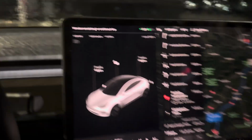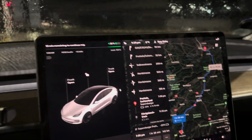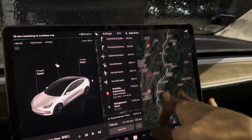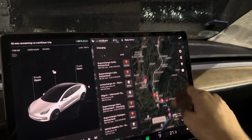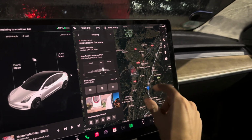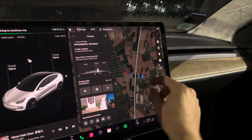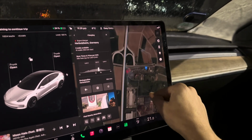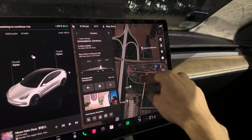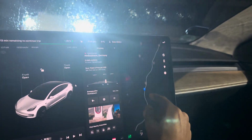So that's okay, I guess. It planned us to not charge for too long here, so it didn't precondition too high. But that's okay. I thought about maybe going to Herbolzheim, because there's a Burger King right next to it, and at the time when we arrive there I might be hungry, so that would be an option. The Burger King's somewhere back here, I think. Yeah, let's maybe do that. We'll see about it when we're at Pratteln,